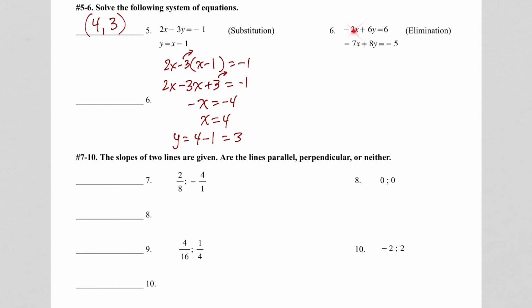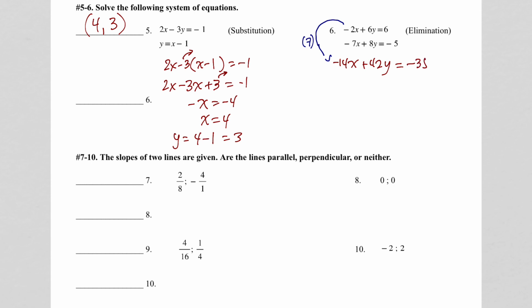Okay, to solve this by elimination, we can bring the x's to 14 or the y's to 24. I'll just get rid of the x's by bringing them to 14. So I'm going to multiply this top equation by 7. I'm multiplying by 7, and we get negative 14x plus 42y is equal to